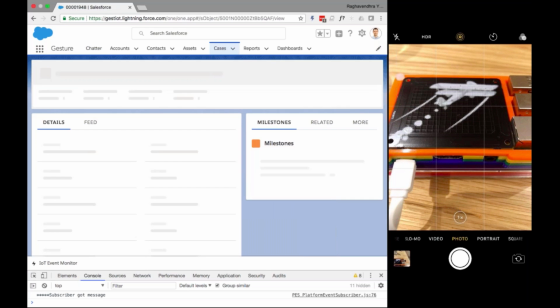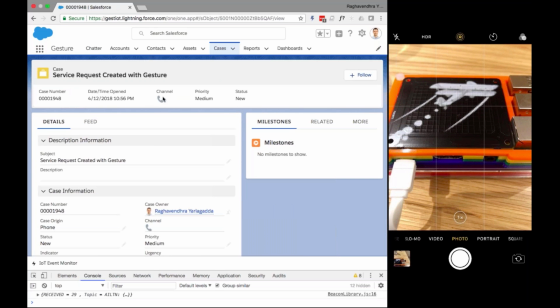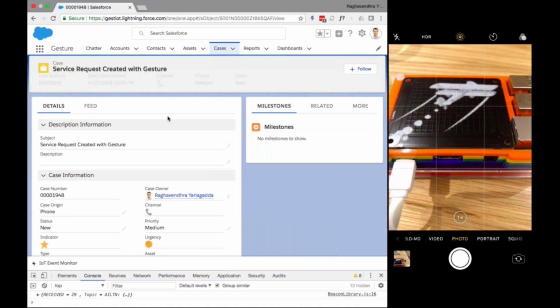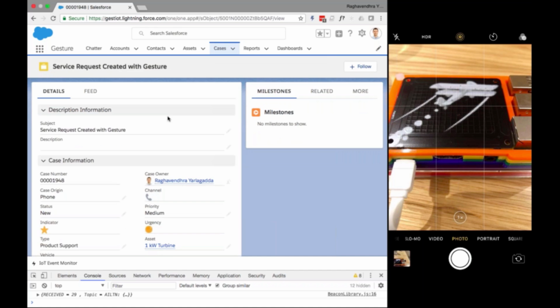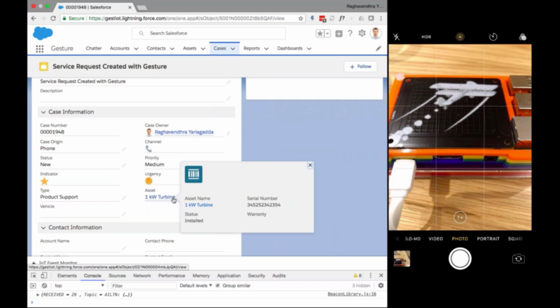And voila. So here is the latest case that was created with the gesture. And remember we talked about the customer context in the previous slide. So it is really easy to map which kind of machine was used to create a case. So this machine is a 1K turbine that we use to create a service request for, and this is all